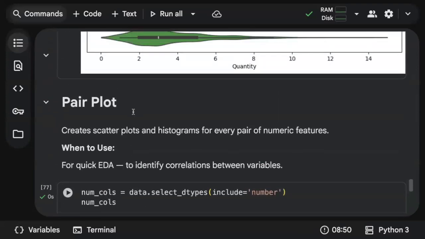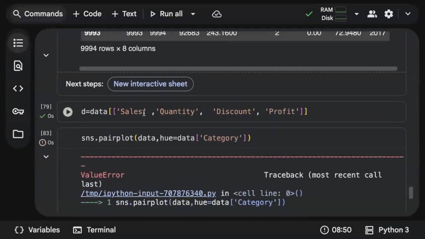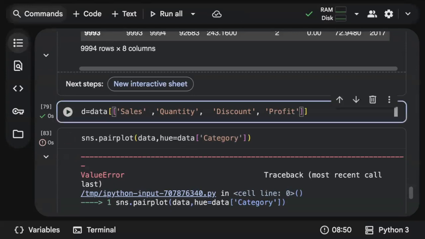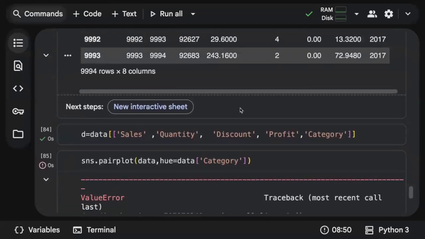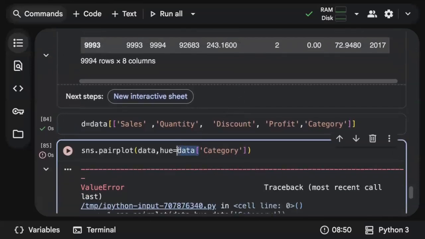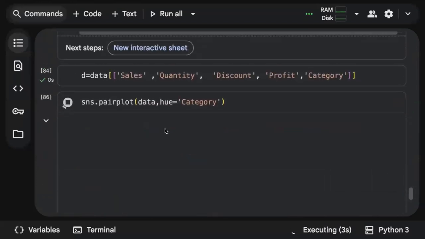How can I give two different things? This is quite a challenging thing now. Let me take quantity as well in this itself and let's try. Not really quantity, it should be category, right? Yes, it's taking now.